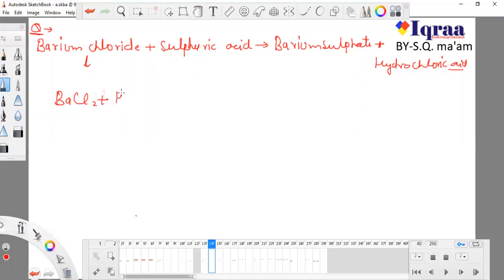This is sulfuric acid. You know the formula of sulfuric acid. Okay, don't tell me that I don't know. This is barium sulfate. And this is hydrochloric acid. Now, how did I write this? Sulfuric acid is a known formula, so I don't need to tell you how I obtained it. Hydrochloric acid, we know the formula. Now, how did I write barium chloride and barium sulfate? Remember.